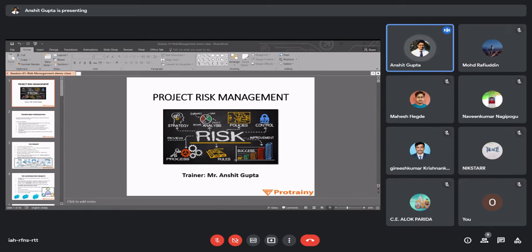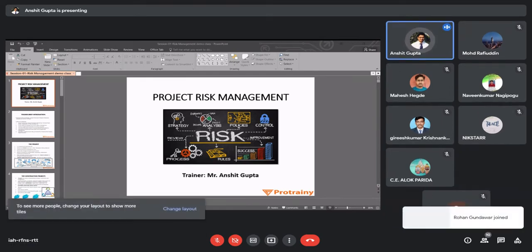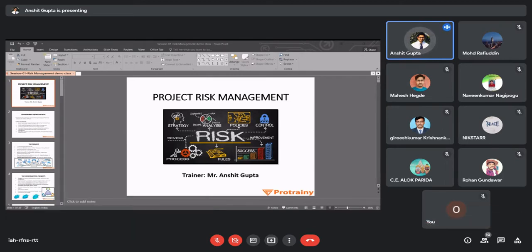So now we'll start with what a project actually is. A project is anything which is temporary and has a limited life. It is well defined and it has limited resources. I have highlighted this word, limited resources. Why? Because whenever you consider executing a project, it may be a very big project, it may be a very small project, a road infra project, a metro project, whatever. The resources that you have to execute that project are limited.